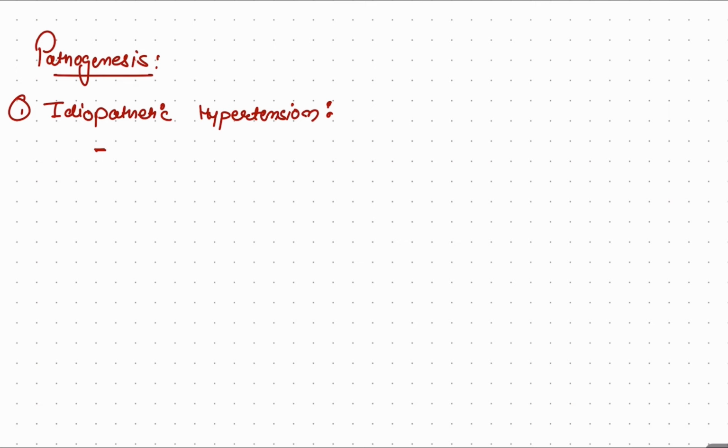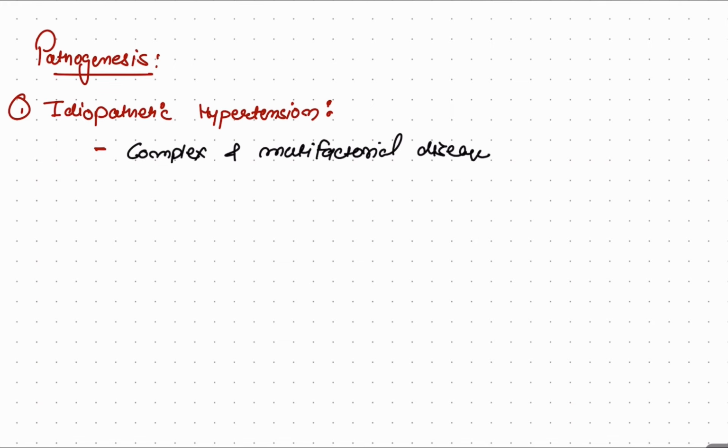So this is a complex and multifactorial disease. Okay, it can be caused by decreased renal sodium excretion, water excretion, raised vascular resistance, genetic factors and environmental factors. Okay, so decreased renal sodium excretion,